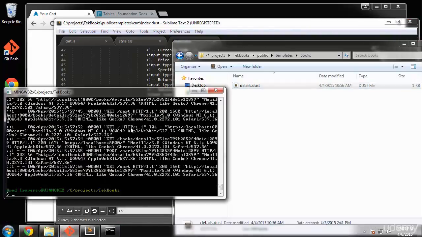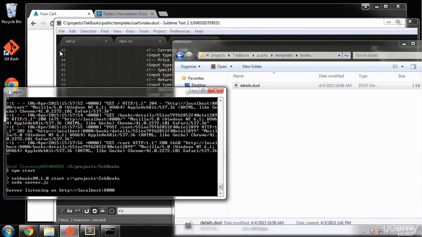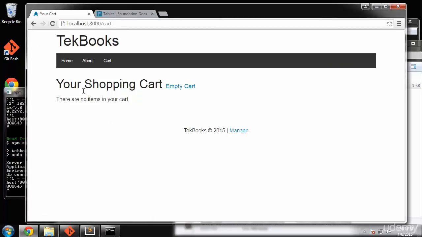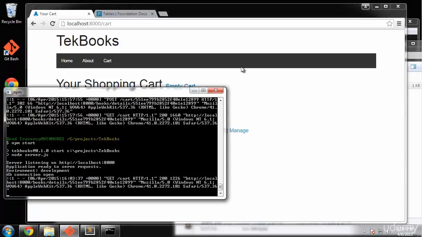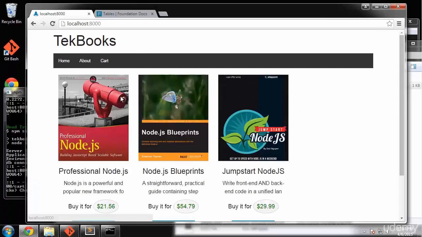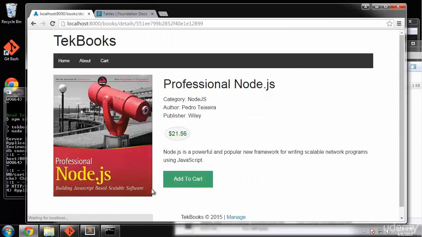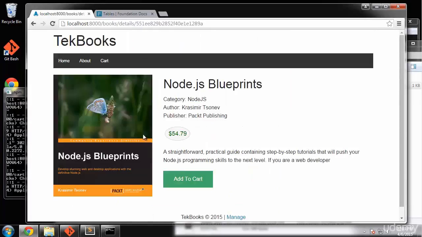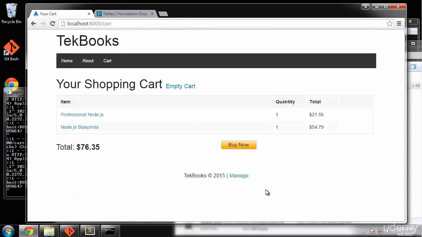And let's go ahead and reload. And now if we reload the cart, it's empty. That's because we shut the server down. All right, if you shut the server down, it's going to clear out everything. So let's go ahead and just add another book as well. Okay, so now you can see the total $76.35, so that's what they'll have to pay via PayPal. So if we click Buy Now,